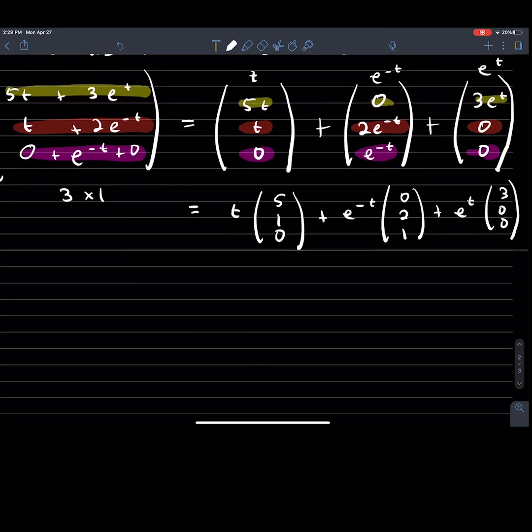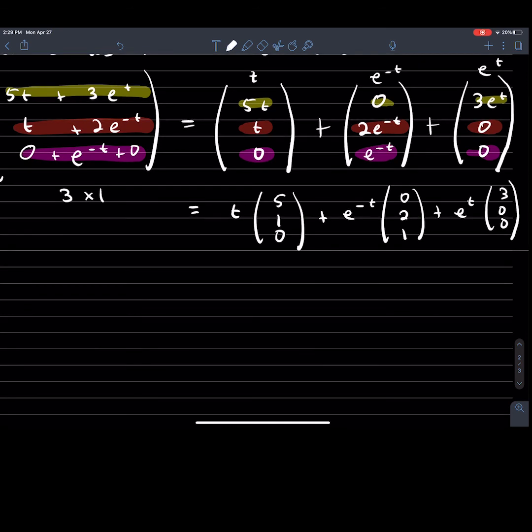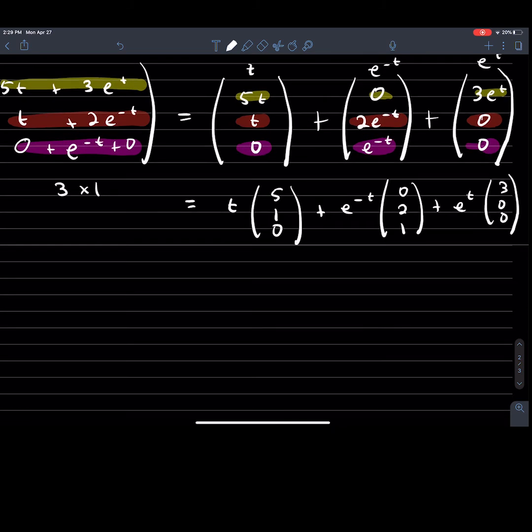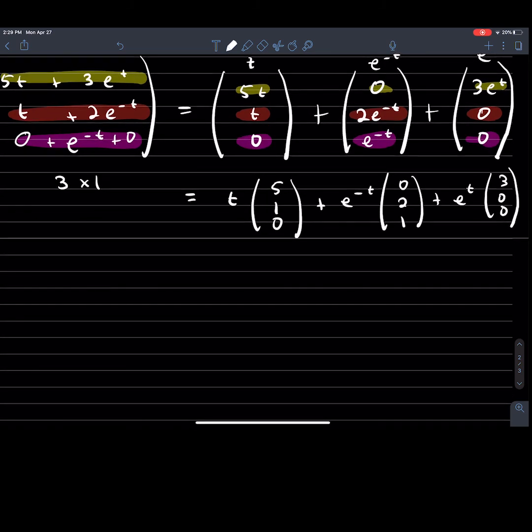So this is coming up in the next video with eigenvectors. We find eigenvectors, that's what we'll be doing. So it's kind of an important concept. So